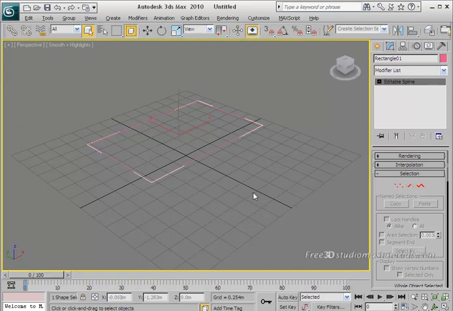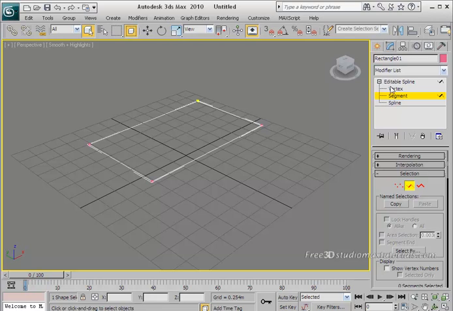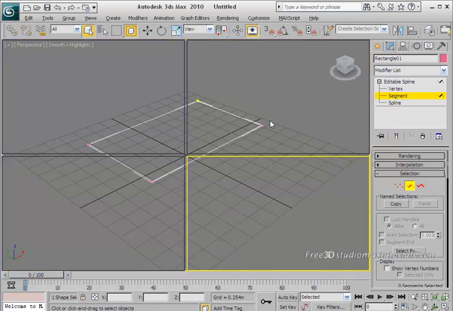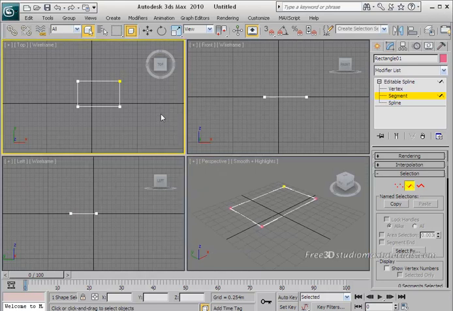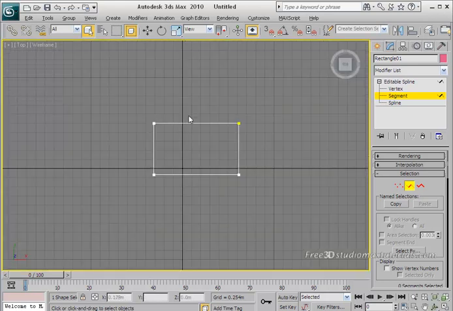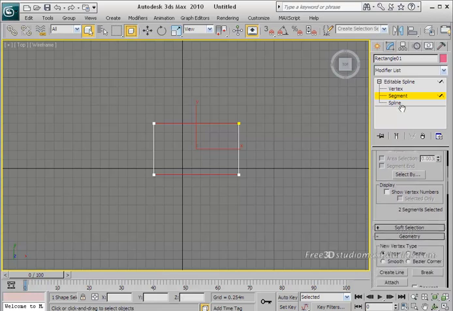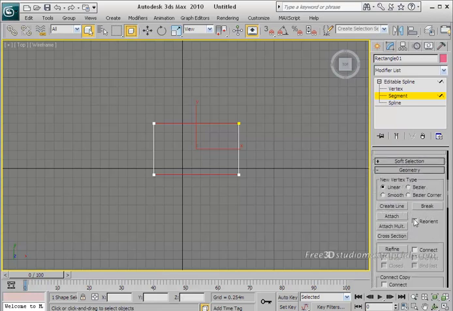Now we will work on segments. Just go in the drop down list of the editable spline, select the segments, go back to our top viewport, maximize it, and select segment 1. Then by pressing the control key, select the next one, scroll down to the divide,